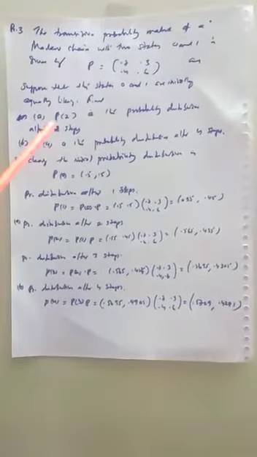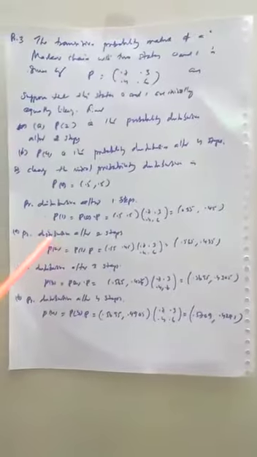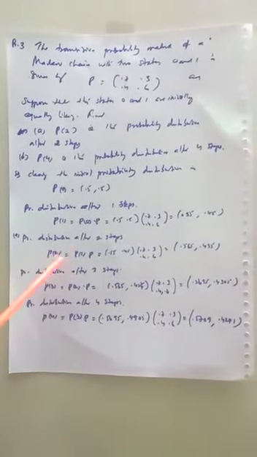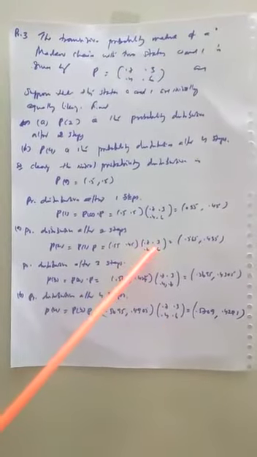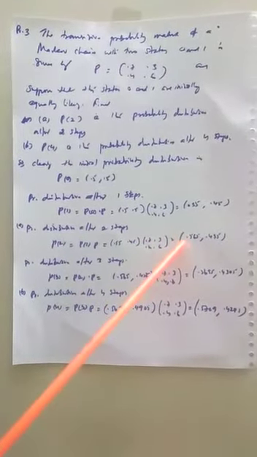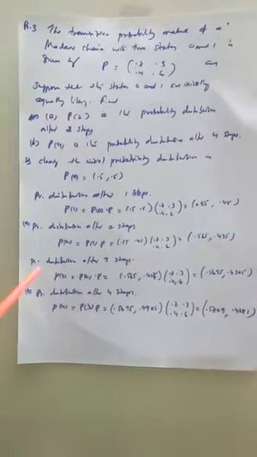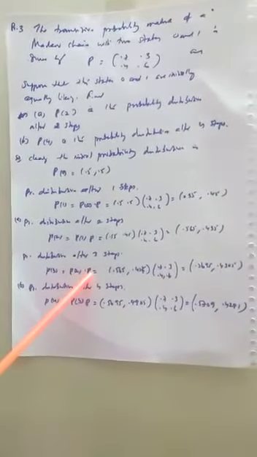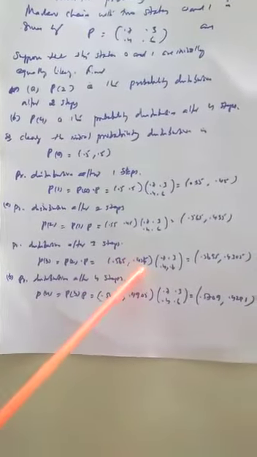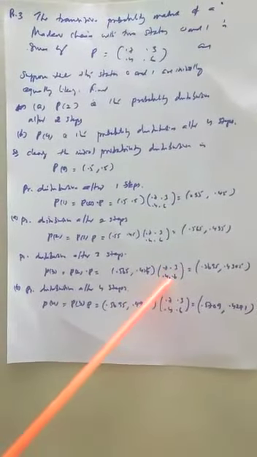Now, for the first part, the probability distribution after two steps, that is, we can put P of 2. P of 2 is P of 1 into P. That is [0.55, 0.45] into [0.7, 0.3; 0.4, 0.6]. That is equal to 0.565, 0.435. Now, the probability distribution after three steps, that is P of 3. P of 3 is P of 2 into P. That is [0.565, 0.435] into [0.7, 0.3; 0.4, 0.6], equal to 0.5695, 0.4305.